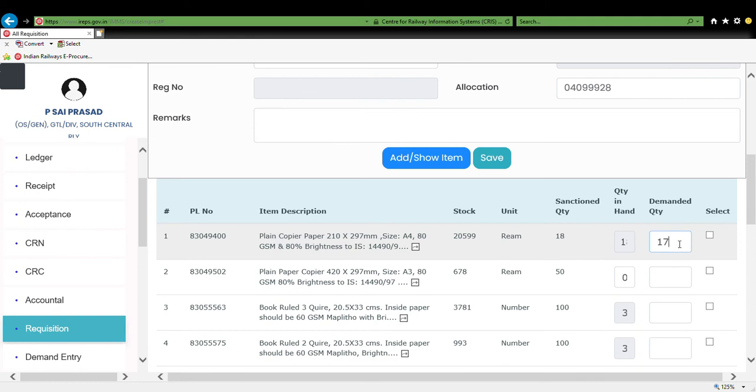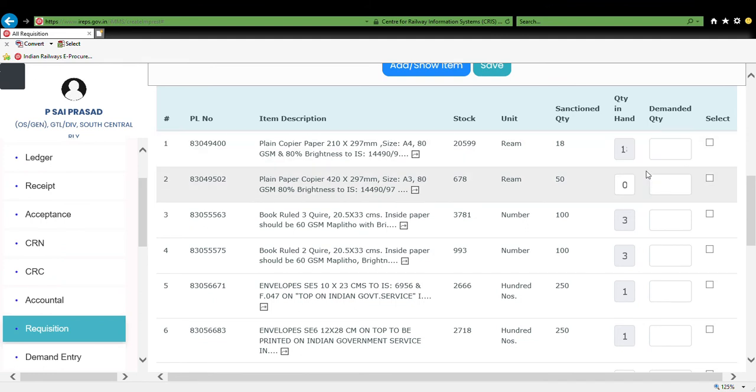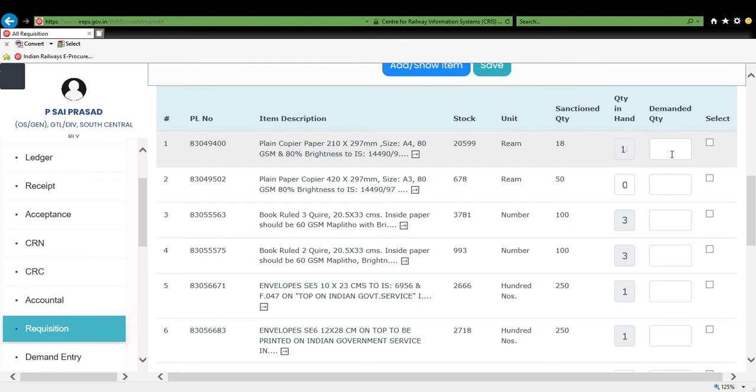Once quantity is entered, automatically it is checked. Since it is not taking because some vouchers have to be cleared, now I am showing another item.